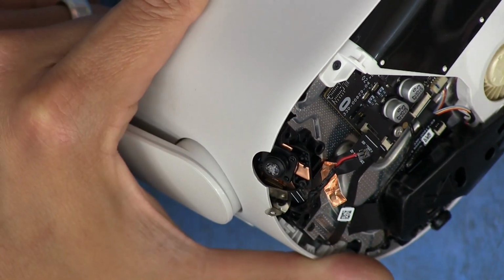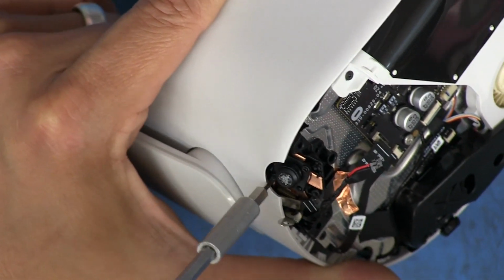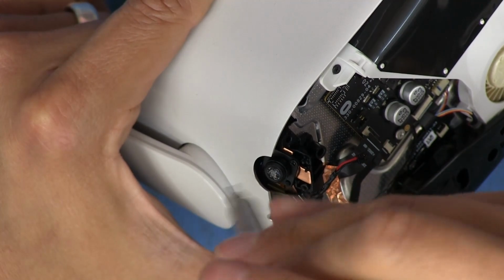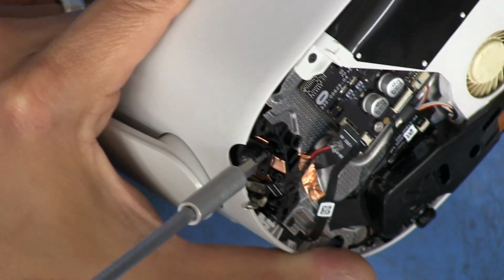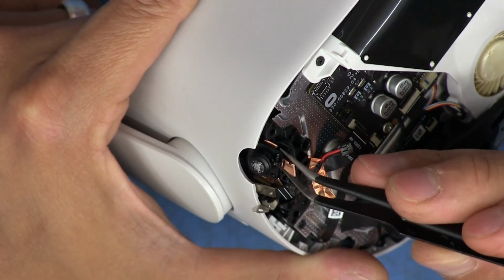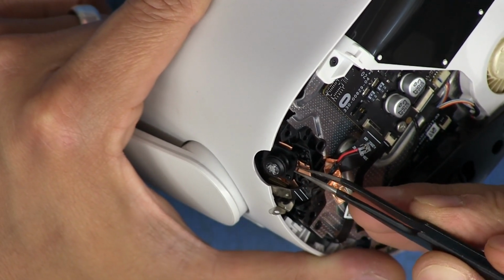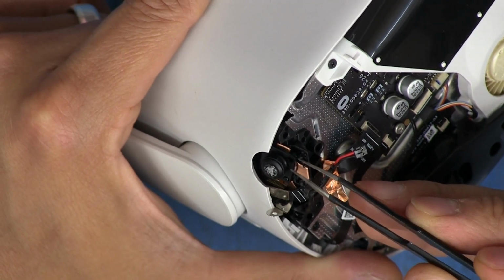I'm going to use the other screwdriver. It has a thinner shank there that doesn't rub on the plastic. So, okay, that screws out. And that screw's gone. Well, I mean, it's not gone, it's just loose. Okay, there we go. So now the camera appears to be mounted on this copper plate here, probably for